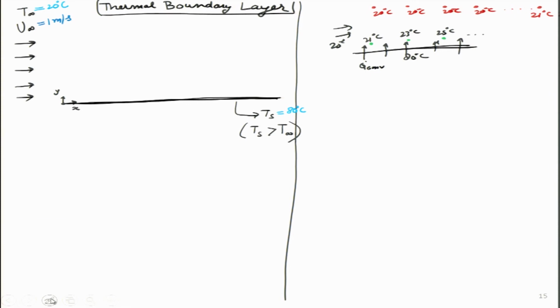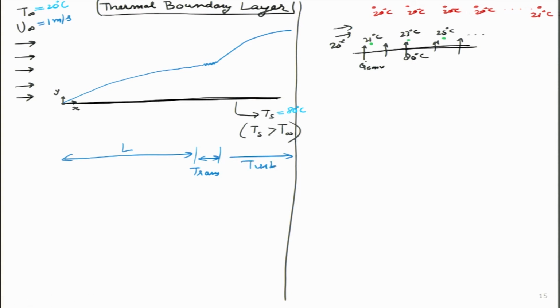So based on this kind of analysis, let me go ahead and draw the thermal boundary layer now, and it will also appear similar to the velocity boundary layer. Initially it will remain laminar, then transition, then it becomes turbulent. So I can show these three zones. This one I will call L, then a very narrow transition, and then later on it becomes turbulent.